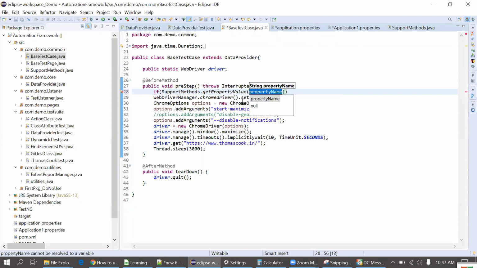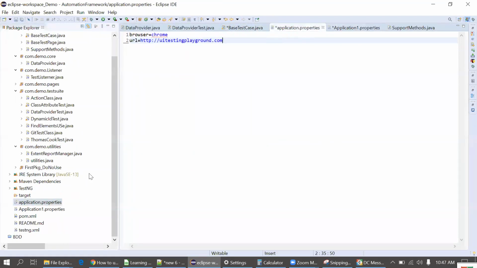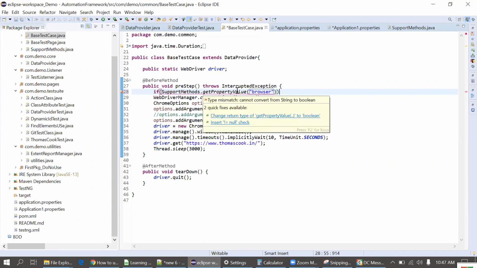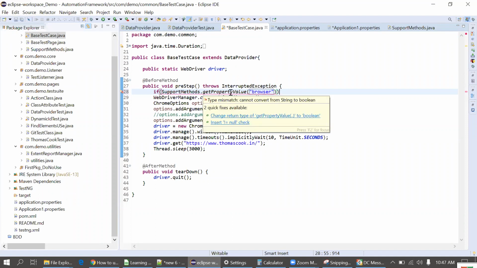Which property value do I need here? For the browser, right? What I have given for the browser in the properties, I'll just copy this. It should exactly match. Yeah, fine. What is happening? Type mismatch. Convert string to Boolean.